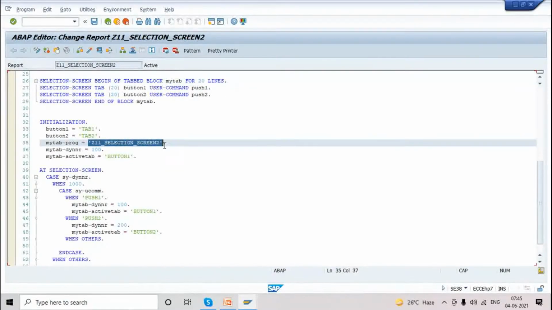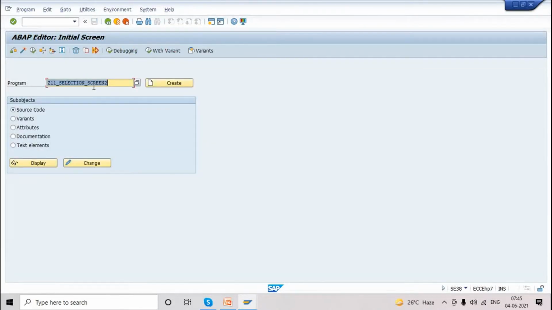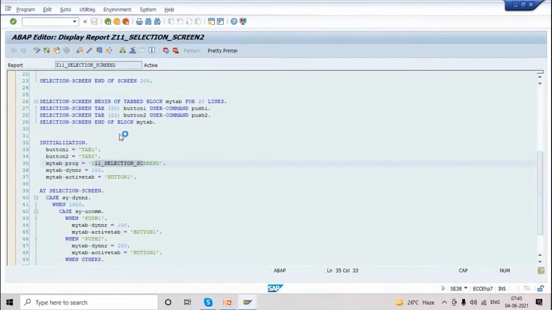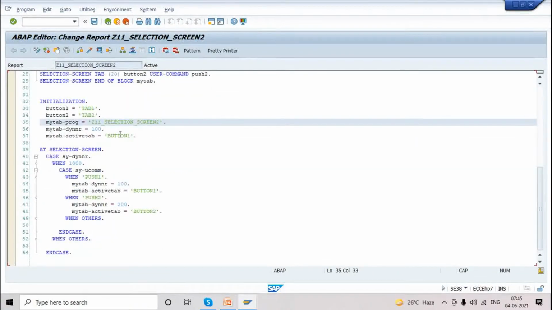Here, see, we mentioned the program name. Suppose someone copies this code and does not change this, then it will not work. Suppose this is screen 2, and in the main screen we have a copy option. If I change this program name and forget to change it here at the program level, then it's an issue. It will throw an error. So to handle this dynamically, we have a system environment variable, sy-repid. This will capture the current program name.